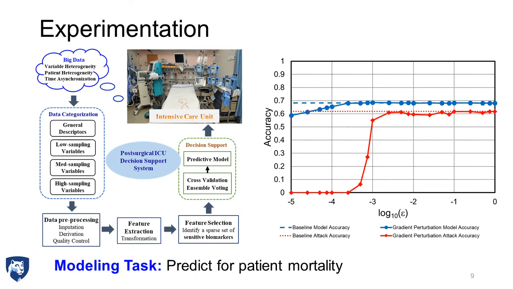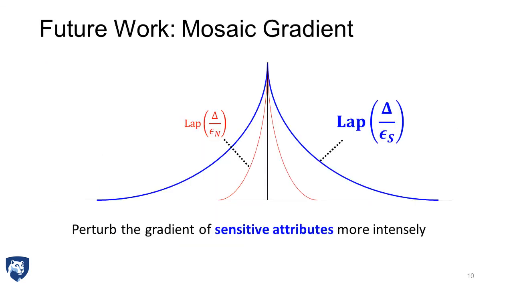At epsilon equals 10 to the negative fourth, the model accuracy only decays by around 5%, thus the majority of the model's utility is kept intact. The developed gradient perturbation technique is capable of reducing the risk of model inversion while preserving the performance of the logistic regression model. Nonetheless, given the steep descent of the attack accuracy, it may be difficult to determine an appropriate value for epsilon without needlessly degrading the model.